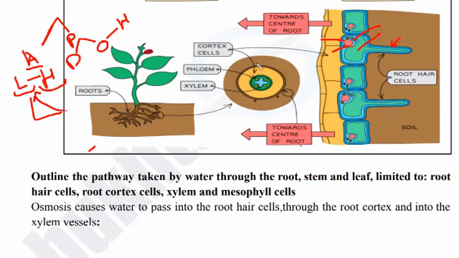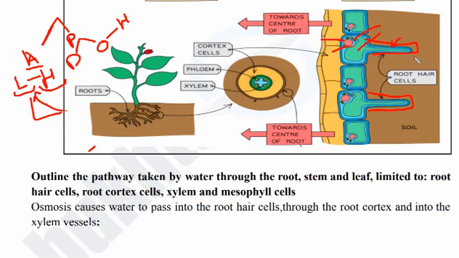So it is clear that the root hair helps in the absorption of water and mineral ions by active transport or by passive transport. As for the position of the xylem and phloem in the root, the xylem is inside and the phloem is located outside. The other function of the root hair cell is that it increases the surface area. This extension increases the large surface area, जिसकी वजह से ज़्यादा absorption होगी water की